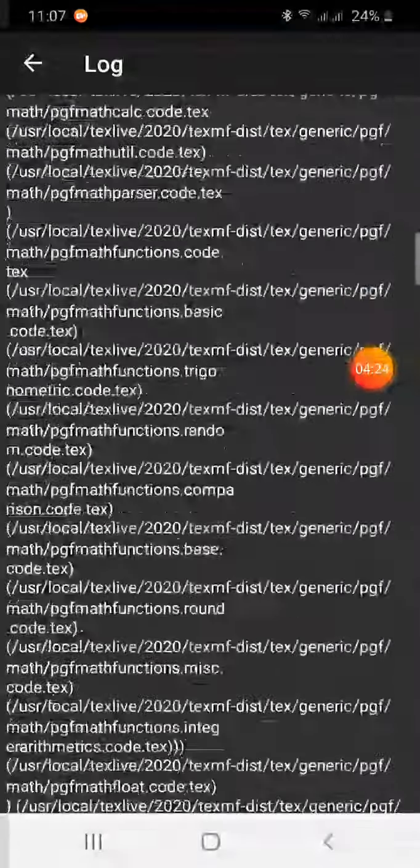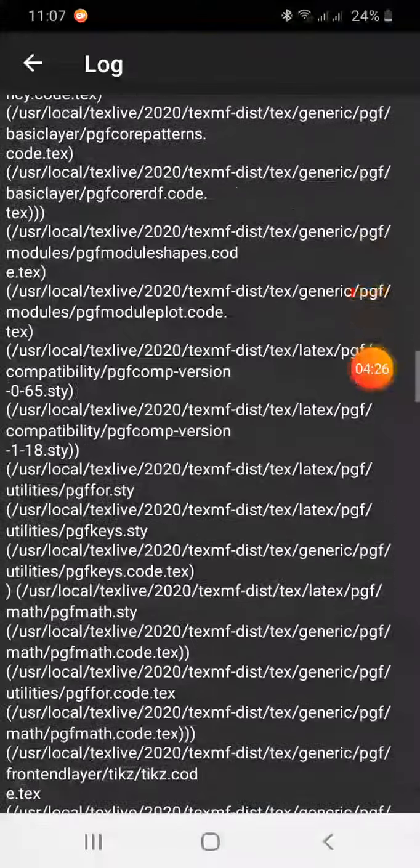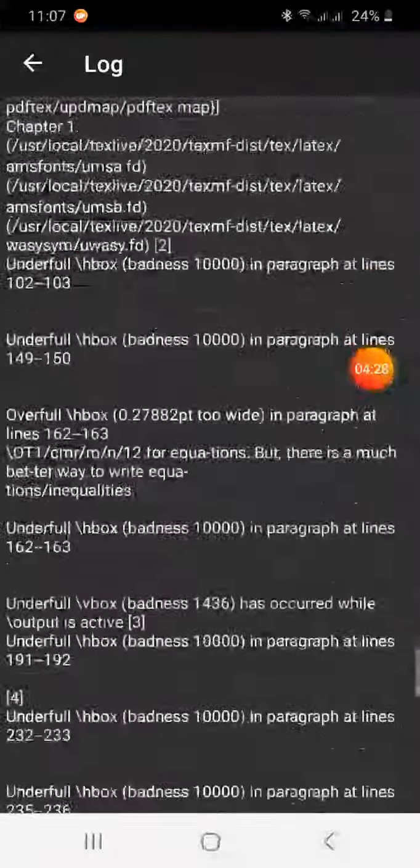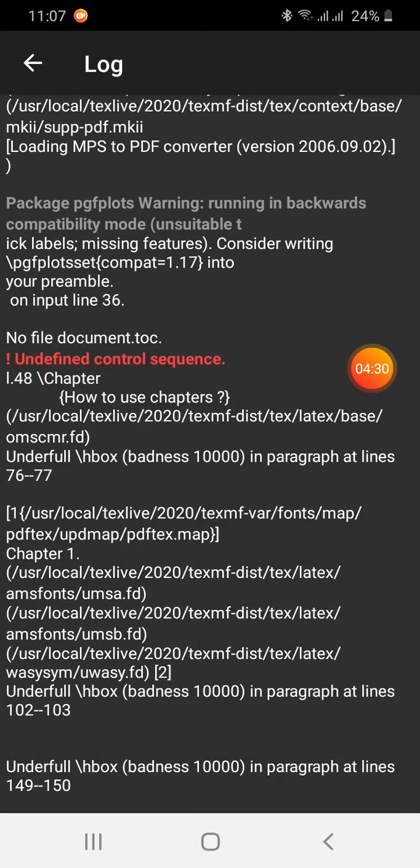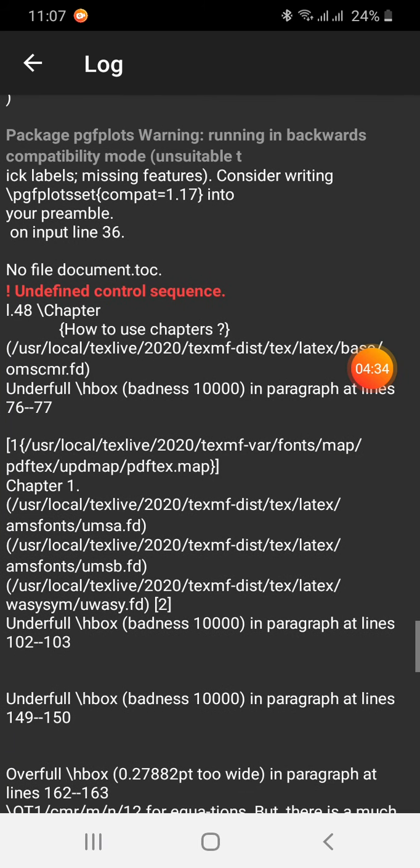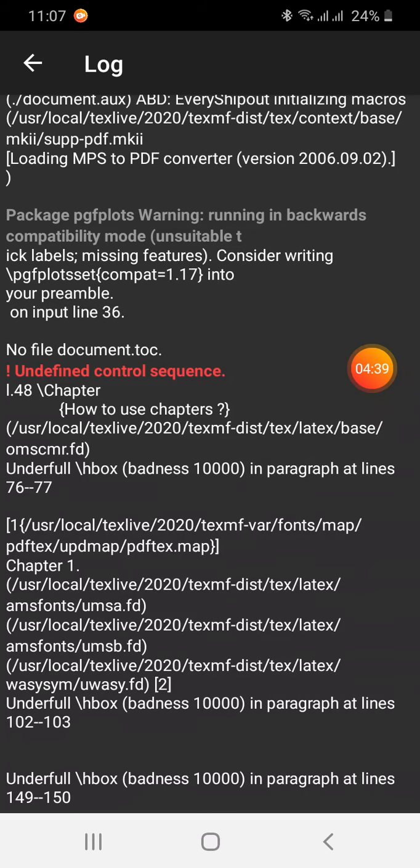So when you read this log file, you can see that there is a line in red color: undefined control sequence, line number 48, chapter with the capital C. LaTeX will not tell you that we have a command with small c. It will show the line and the exact command.